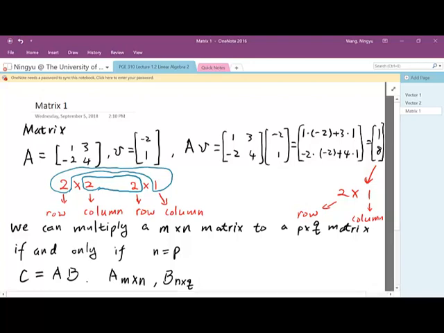So A is an M by N matrix and B is an N by Q matrix. So the M and Q will determine the size of C. So C is an M by Q matrix. And each of the elements inside C can be calculated by